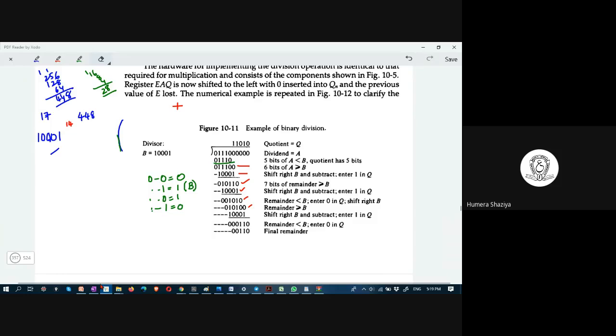Well, what are we doing here? We are trying to perform division, binary division. 0, 1, 1, 1, 2, 3, 4, 5, 6. First, consider 5 bits. These 5 bits are smaller than the divisor. Next, consider 6 bits up to here. So 0, 1, 1, 1, 0, 0. And shift the divisor and place it under it: 1, 0, 0, 0, 1.